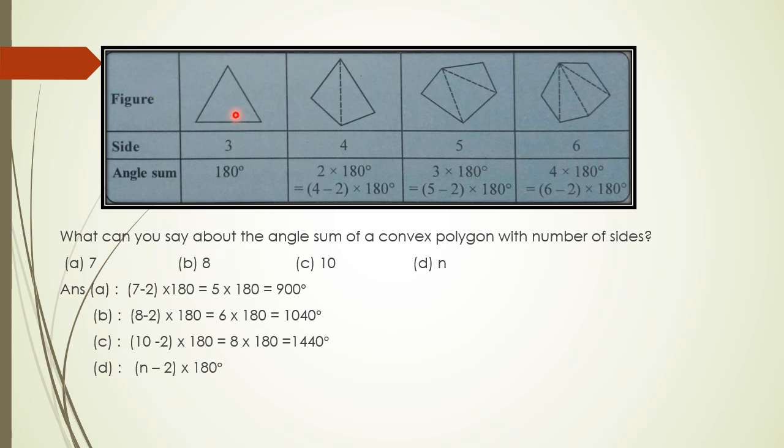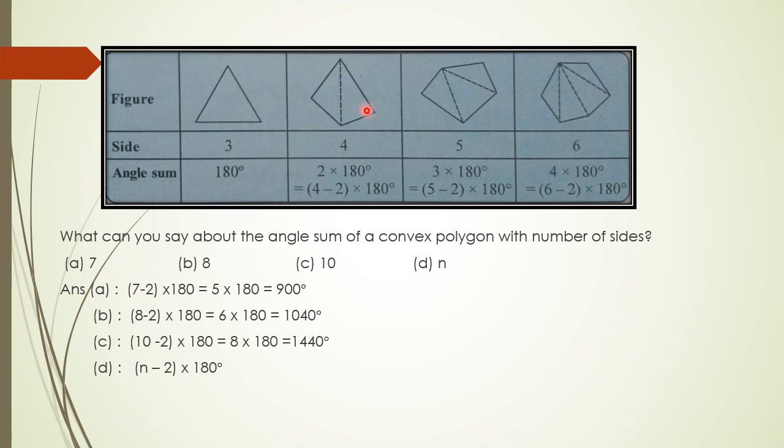In the figure we have a triangle, quadrilateral, pentagon and hexagon. And we have to find the angle sum of all these polygons. And what is the measurement of all the three angles of a triangle here? You have learned it is 180 degrees. And here it is a quadrilateral and you can get two triangles here. So total measurement is 180 plus 180 is equal to 360.